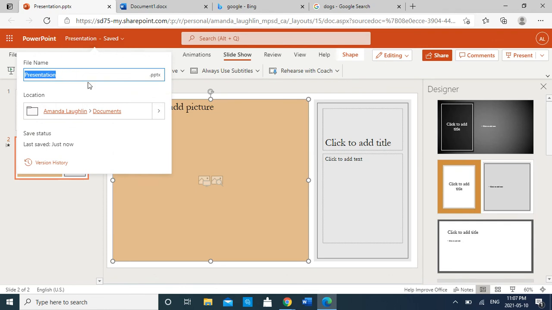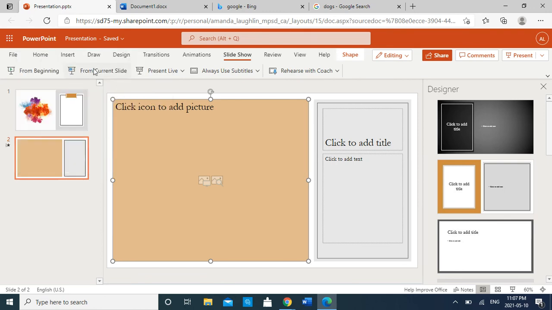Once you're happy with how it looks, you can click at the top here, put in the title for your presentation so that when you go to save it, it's easy to find afterwards. So type that in there, hit enter, and then that will save. That's just a really